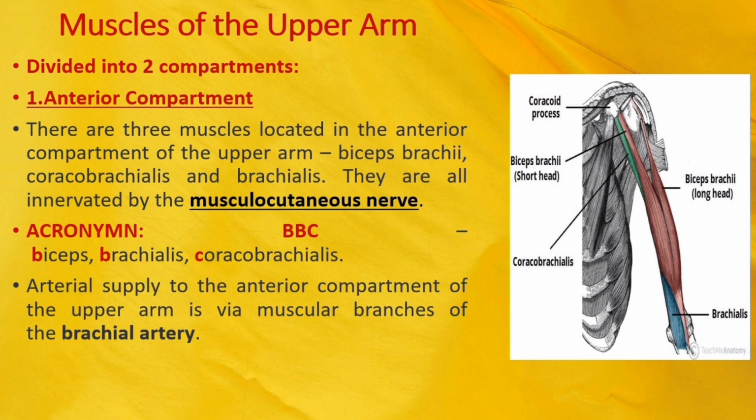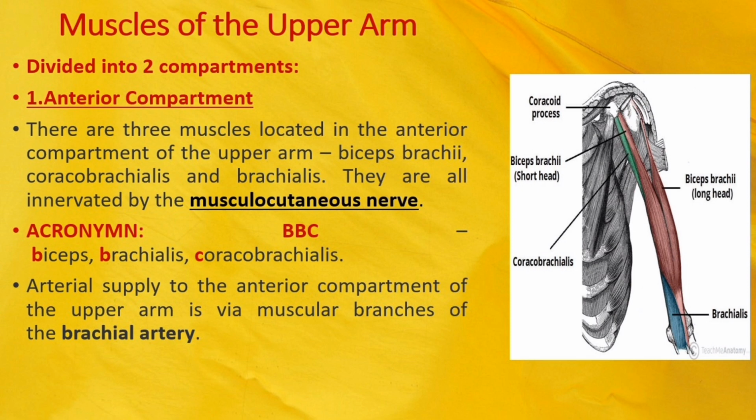The upper arm muscles. The upper arm is located between the shoulder joint and elbow joint. It contains 4 muscles, 3 in the anterior compartment: biceps brachii, brachialis, coracobrachialis, and 1 in the posterior compartment: triceps brachii. In this video, we shall look at the anatomy of the muscles of the upper arm, their attachments, innervation